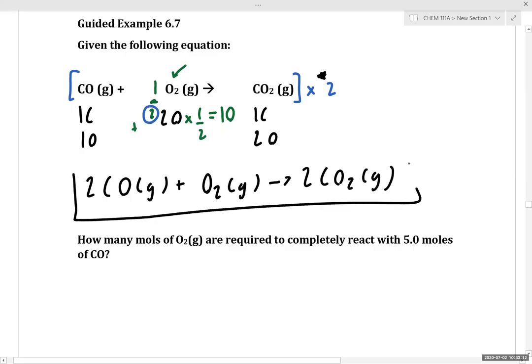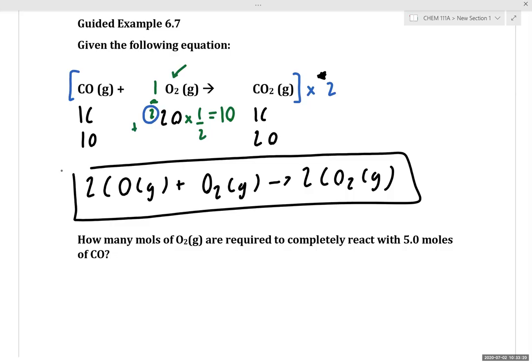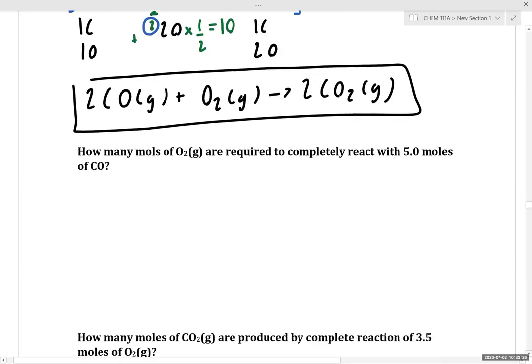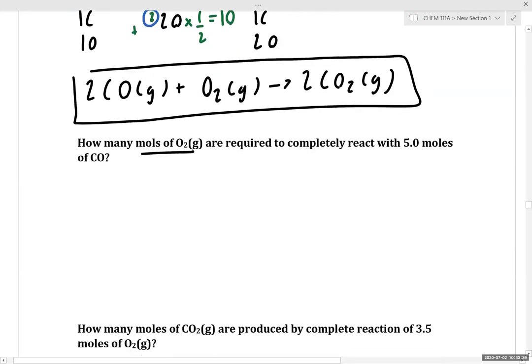So now that we have a balanced equation, we can actually proceed with this problem. Notice, it seems like a very subtle, easy thing to do. Just, oh, the equation's balanced, let's balance it. But the act of just being attentive to whether or not your equation's balanced is critical in this chapter. Okay, so now let's answer the question, how many moles of oxygen are required to completely react with 5 moles